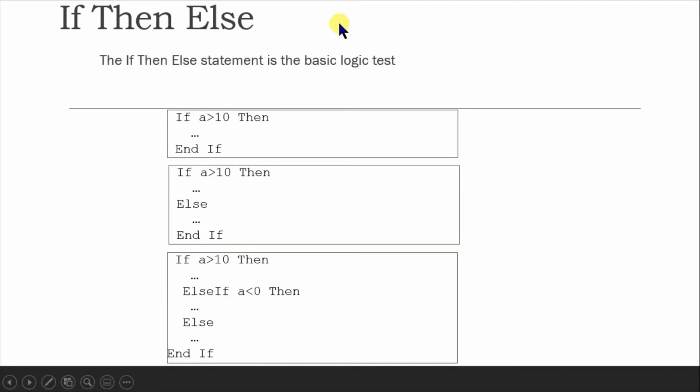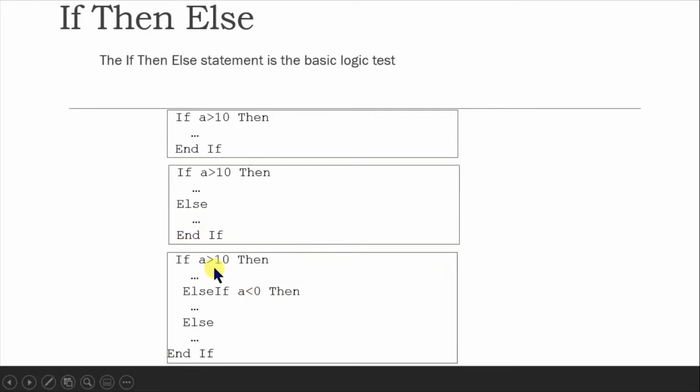When we talk about if then else, there are three cases. First is only: if A is greater than 10, do something. Whenever there is an if, we apply an end if, like we have sub and end sub. Whatever you want to do, say hello, say very good, has to be between then and end if. Second, if A is greater than 10, then do this, else do this, and end if.